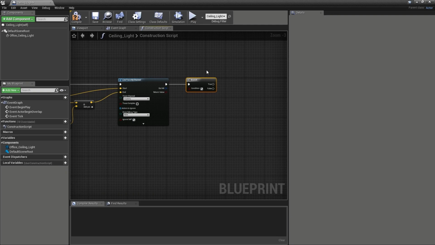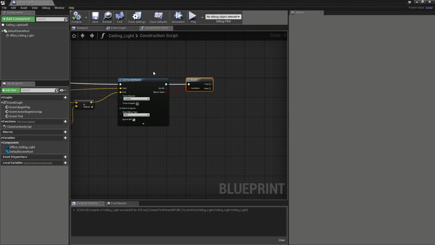We will need to know if the line trace has hit something, of course, and so, taking the return value from the line trace, let's hook that up to the branch node's condition input. This just ensures that if the line trace node does return a hit, then it will pass the branch node test. It is also a good way to stop our blueprints from accidentally executing any code if the line trace fails to hit anything. In this exercise then, we have reinforced our understanding of the line trace node in Unreal,